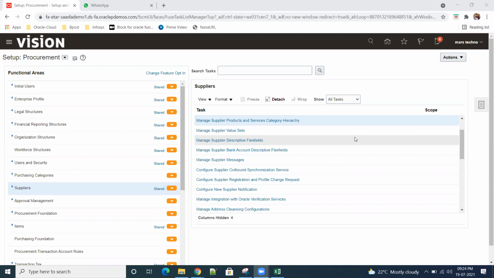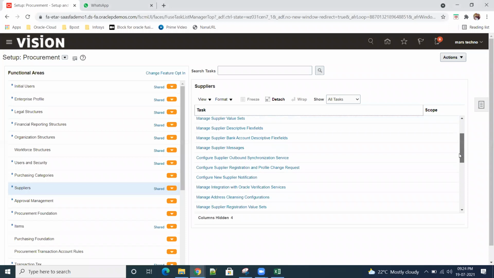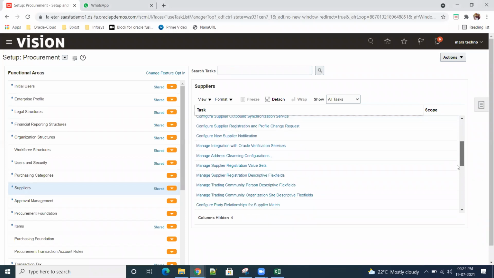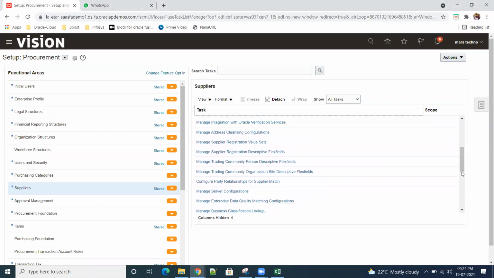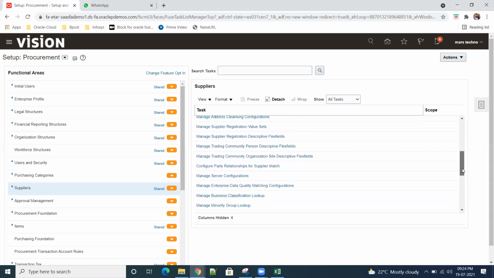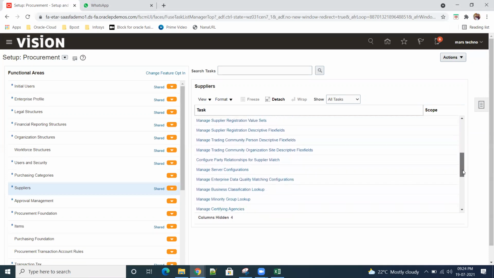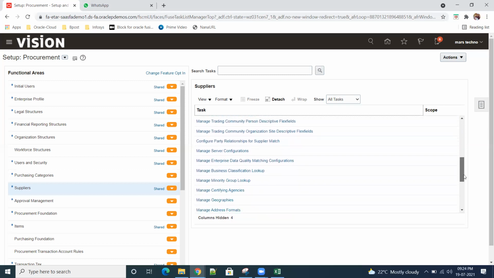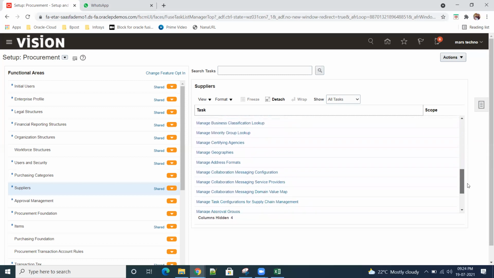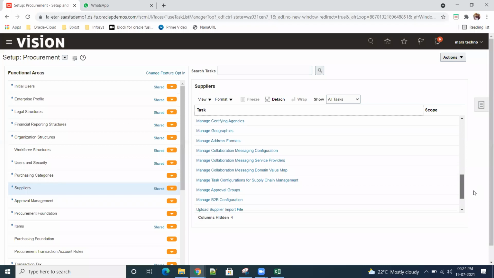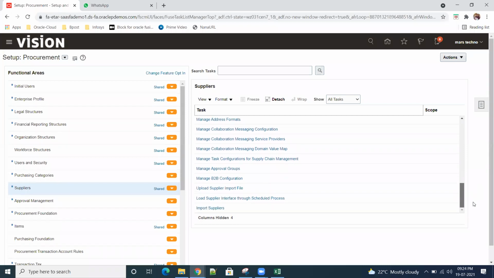So the supplier messages and something like outbound synchronization. Something will be pulled out if we did some kind of work on that. I think supplier qualification, what I heard, he did in a very deep way. And B2B, Harsh, have you done anything in B2B? Yeah, Ramu, in Arrow, I did the B2B part also. Okay, so just give some insights tomorrow. This trading community is also descriptive flex fields only. Yeah, please plan the B2B session tomorrow.